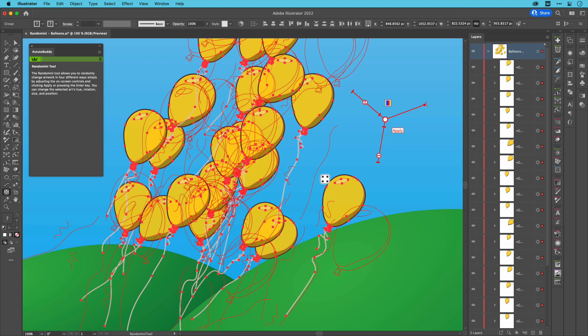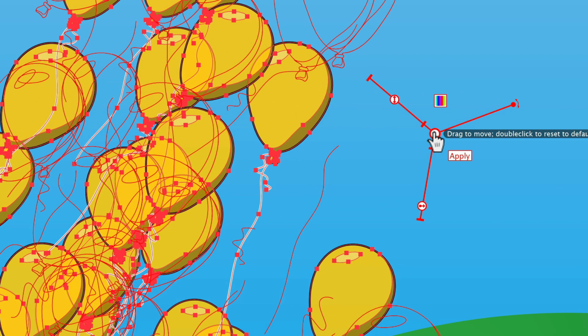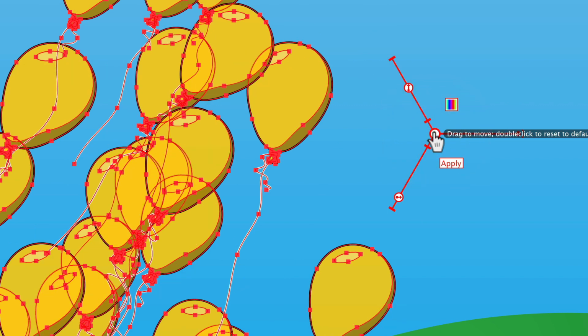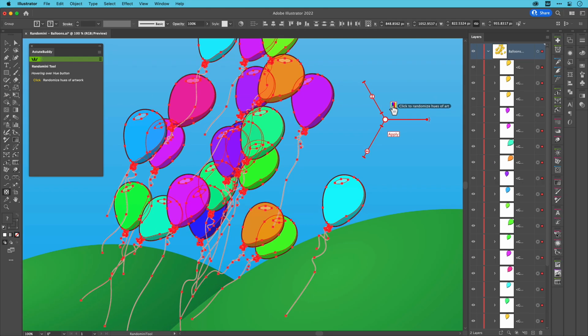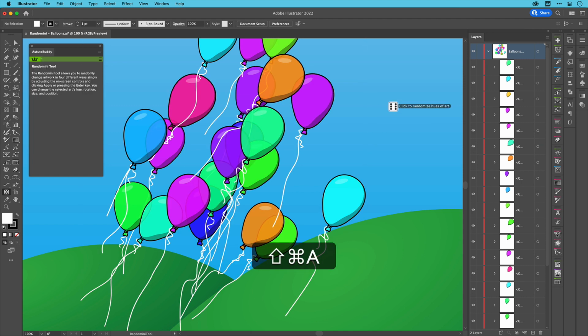We don't want to affect the size, offset or rotation of the artwork like this, so I will double click on the annotation center to reset all changes. The final task is to vary the colour of each balloon by hue, simply achieved by clicking on this button. Because it's only affecting the hue, all grayscale fills and strokes, including the white balloon tails and black outlines, remain unaffected. All previously yellow balloons have had their colour changed.